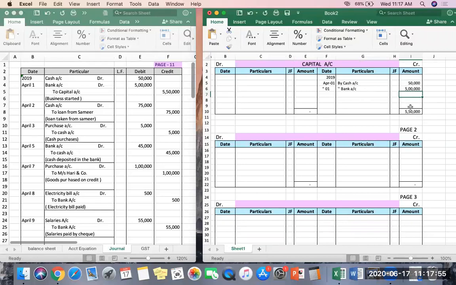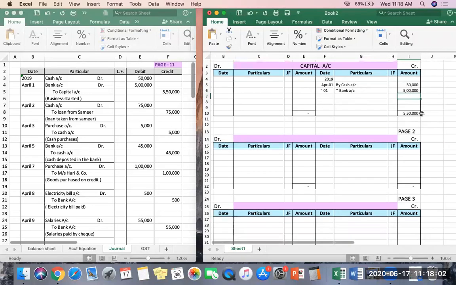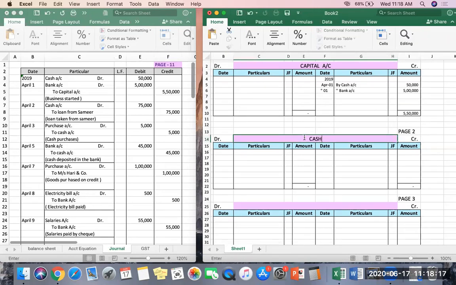Okay, so just don't look at the total here. I'll do a few entries and I'll teach you how to do the balancing off. That is the act which is called balancing off. Now the next one, if I take here, as I told you, there is no proper sequence. You can just go one by one. So now it is the next account you can start, that is the cash account.